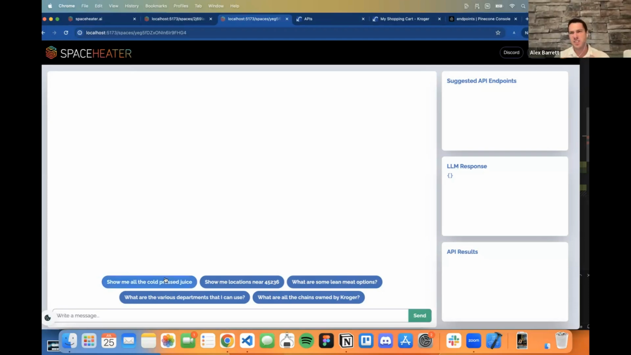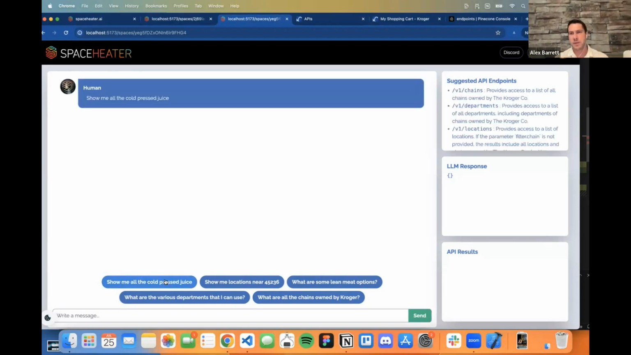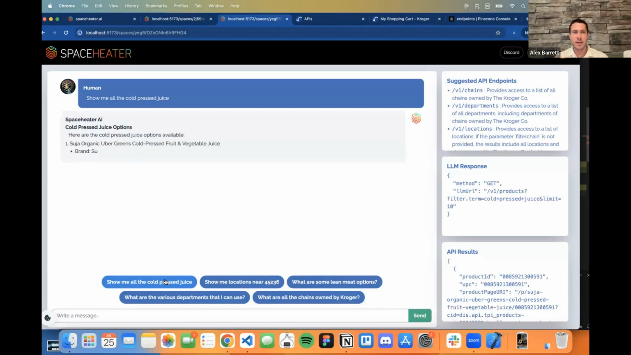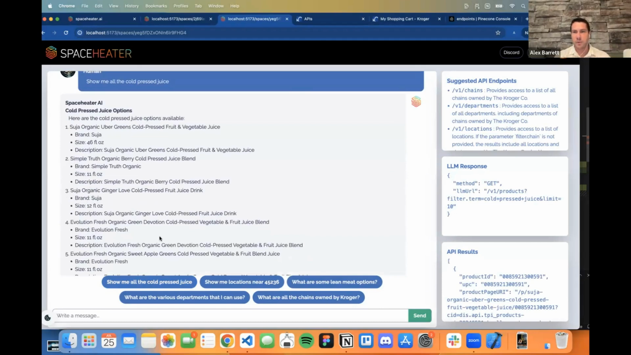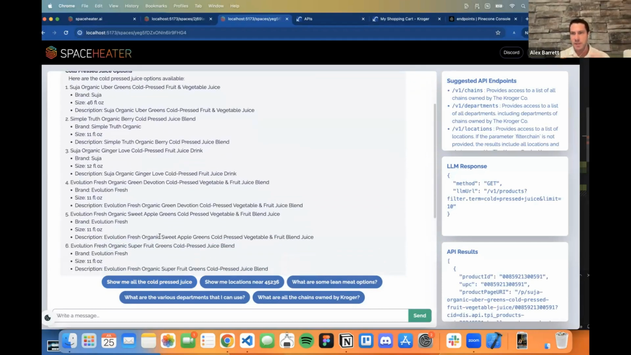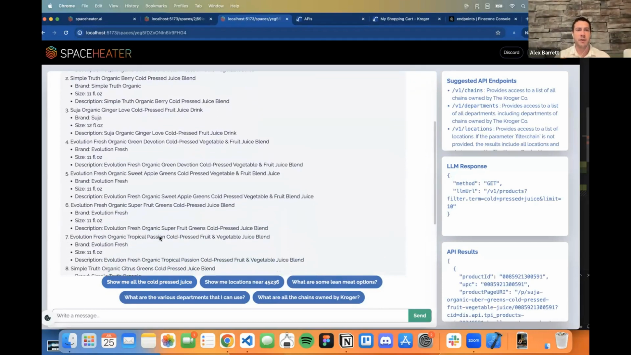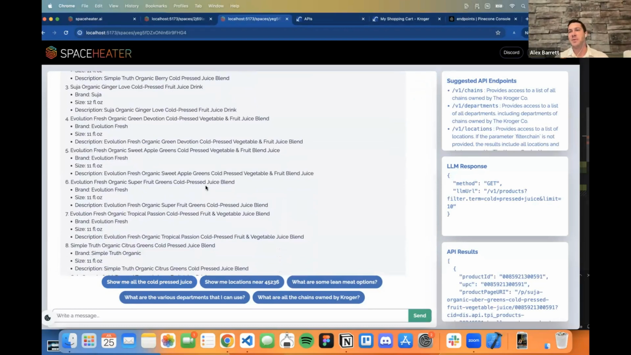I've just got these default prompts in here now for this new space we created, and we're going to go back through the same thing and look at some cold pressed juice options. As you can see, we're getting a bunch of data back from the API, but we're not getting our product cards or anything. We're just getting some formatted markdown. We can see the brands, the size, the description, a lot of the same stuff we saw, but it's not really looking the way we want it to for the UX. So if I go back to manage here,